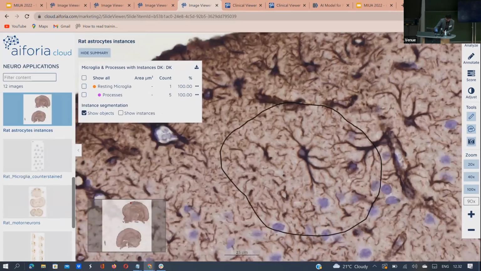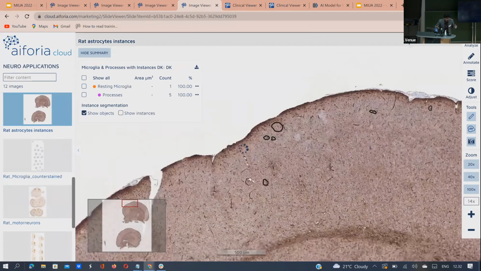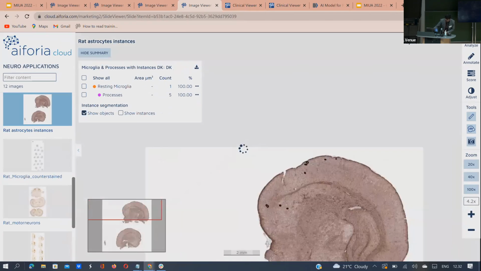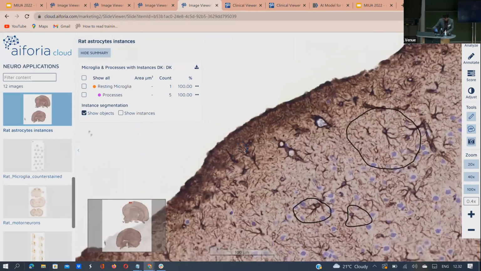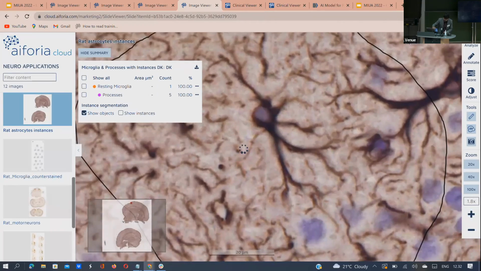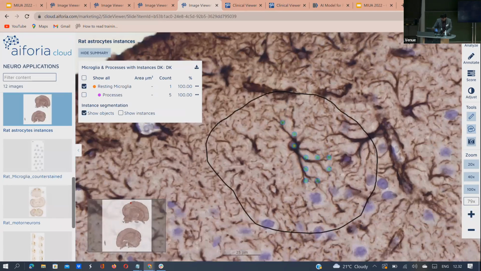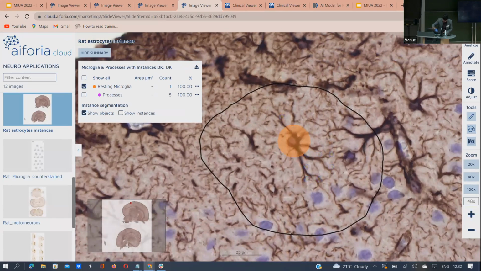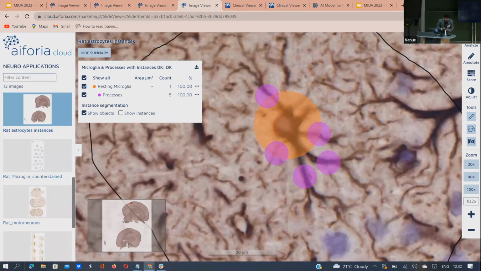It can be anything. This is a bit of a challenging case. It's a pretty big sample, but I'm just going to load data for a small area. It's a mouse brain, again. Microglia cell, again, talking a little bit about instance segmentation, because we have had a nice lecture also today morning talking about instance segmentation. So here in this case, we are looking at detection of these individual cells, true microglia cells,